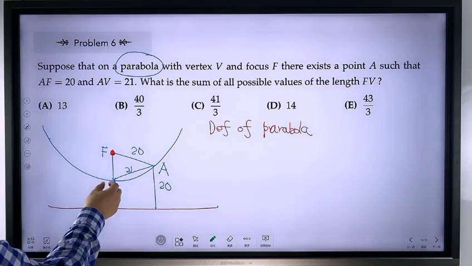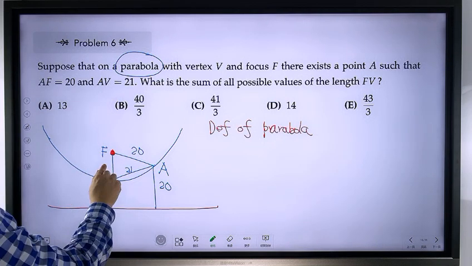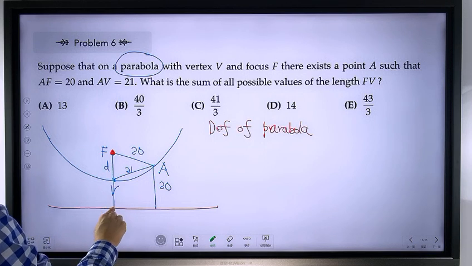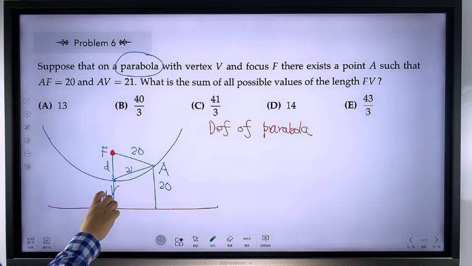This would also be this point, because they have equal distance, and that equal distance must be D, right? Okay, so we have D, 20, 21. Okay, so now what's next? Which means we need to form... So I think it's quite clear we want to find D, and then we need to set up an equation for D. And what we should try to do is use the